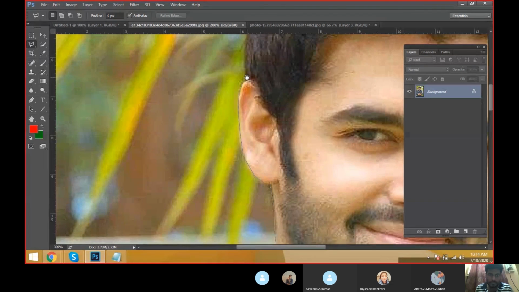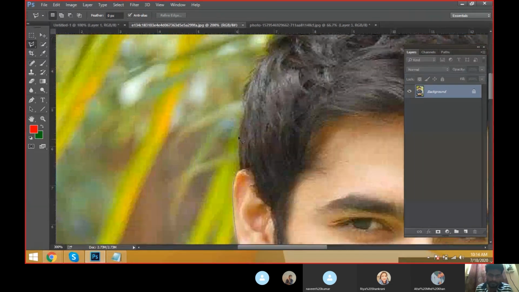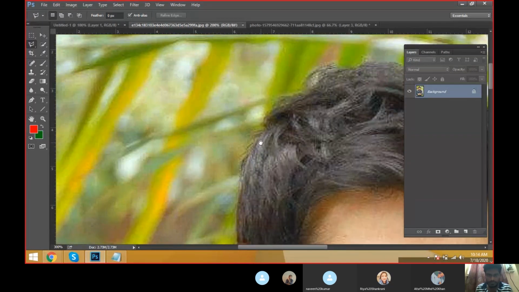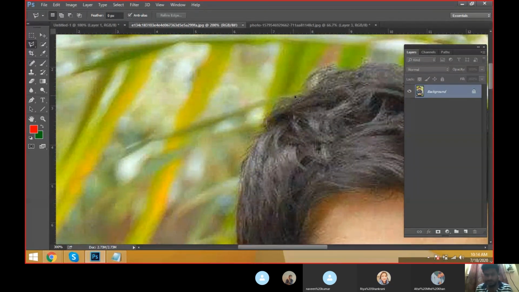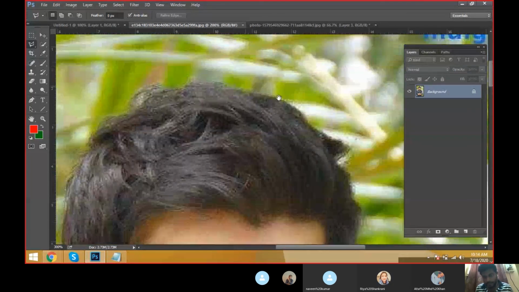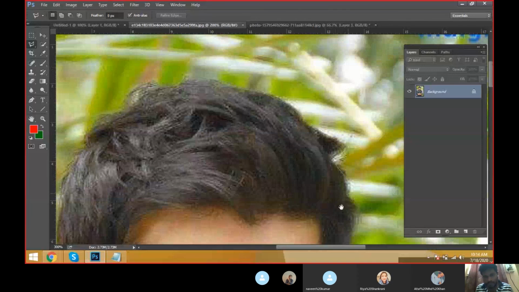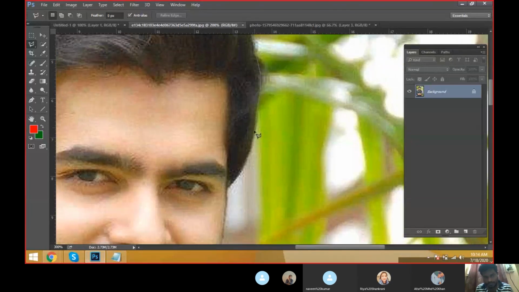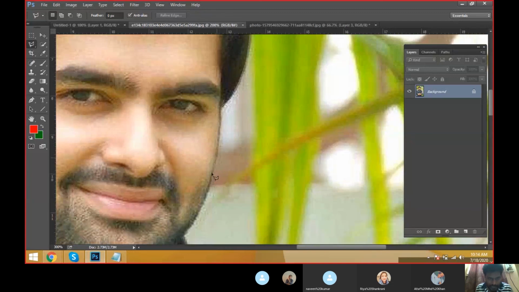And this one, and this one, like this. We have to take zoom levels and you have to cut very perfectly on the image document.